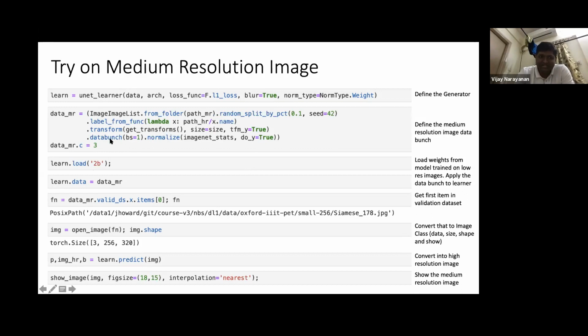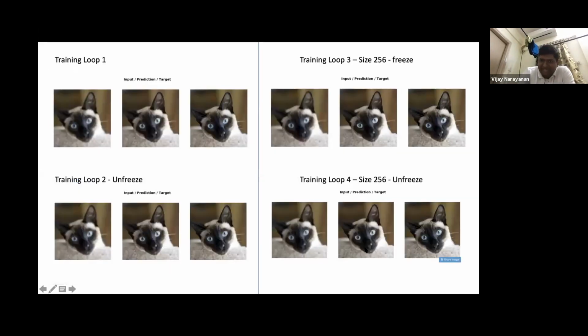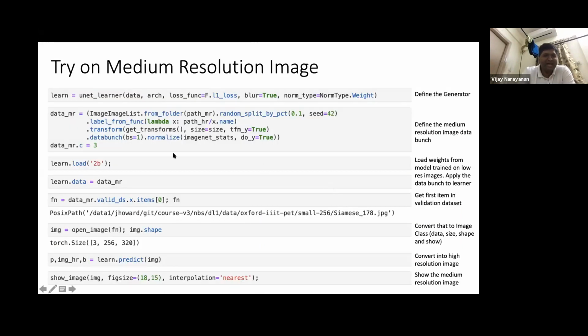So you run the standard stuff that you ran before. You again predict the number of classes to be 3. You now load the output of the bit that gave this training loop 4. So you load it with the weights of that. You assign it to the learner. The learner is already there, which is the generator, right? And then